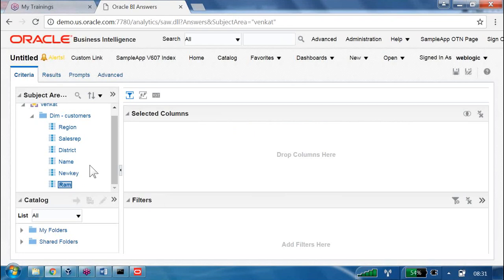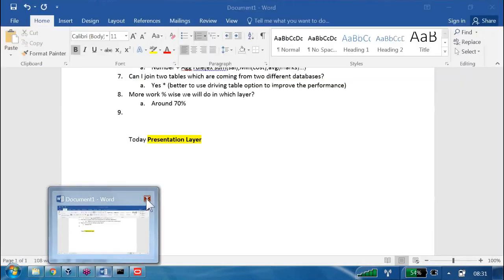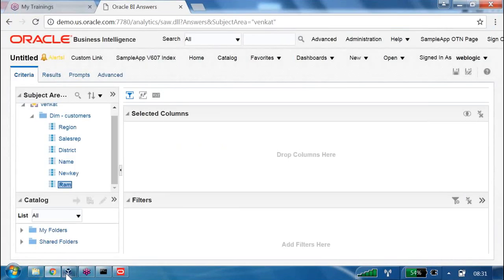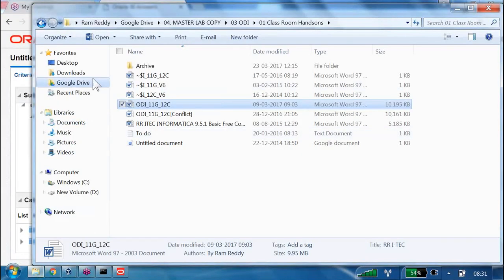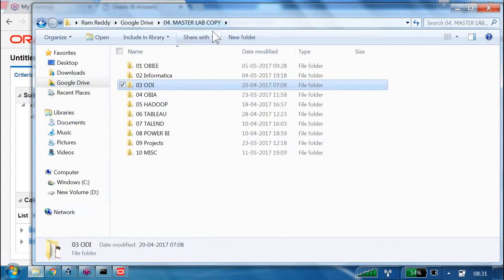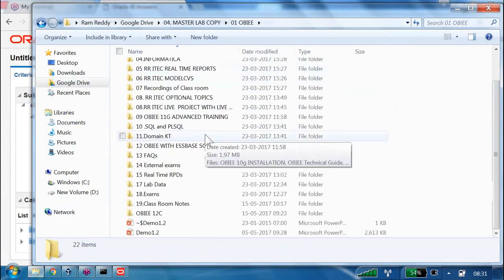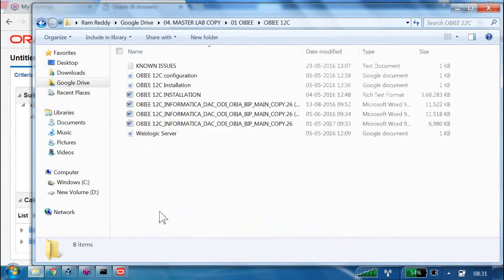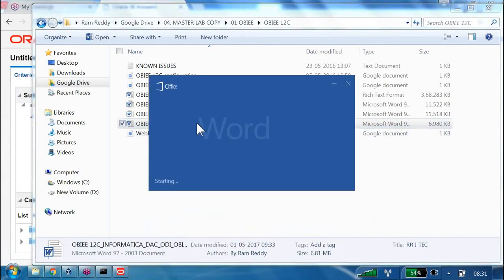Ram. So now you need to justify what you mean by presentation layer. What do you mean by presentation layer? It is the one which is accessible to business users and report developers. Report developers and business users, at the end of the day, try to access only the presentation layer of the RPD.